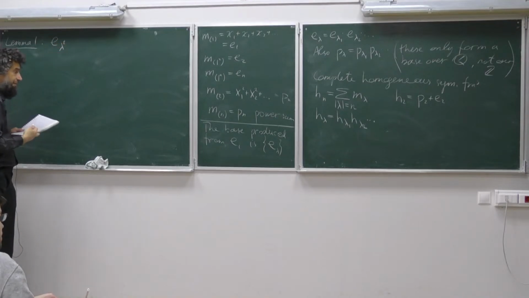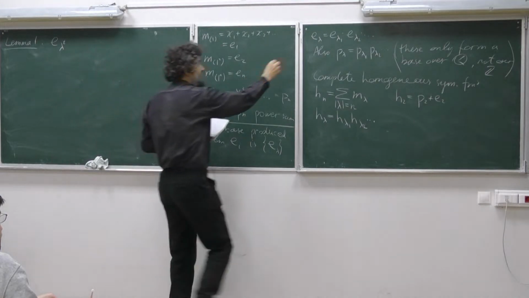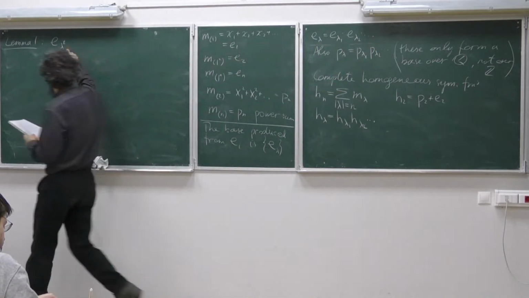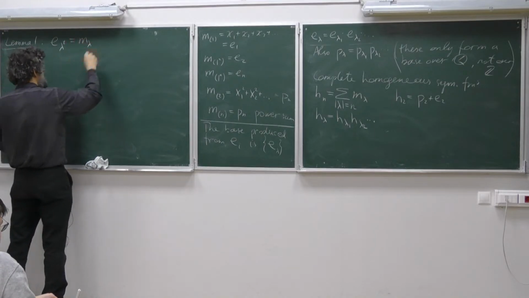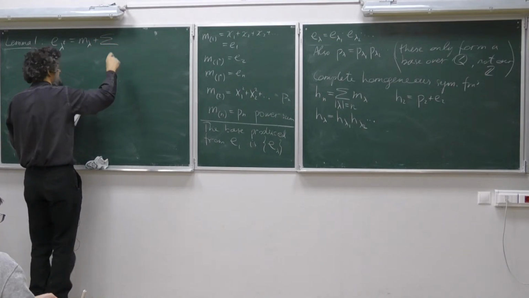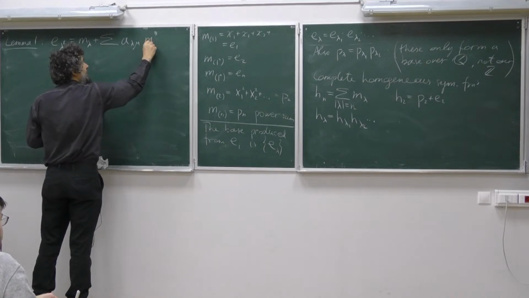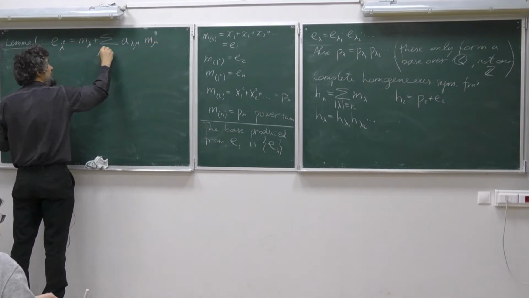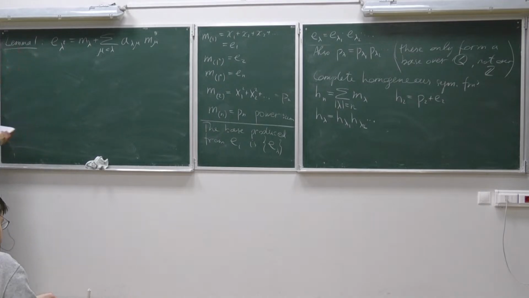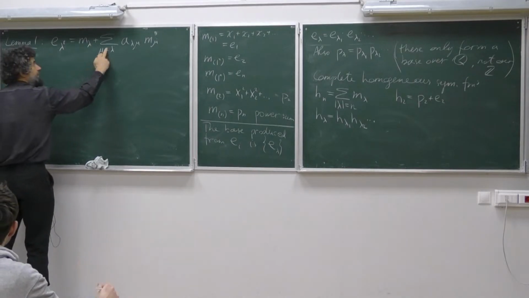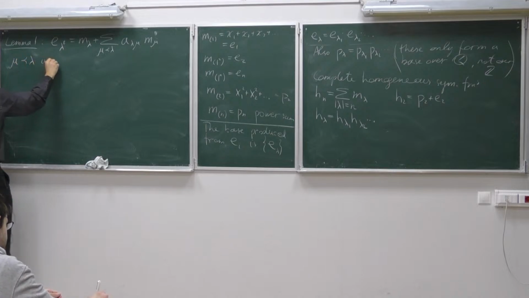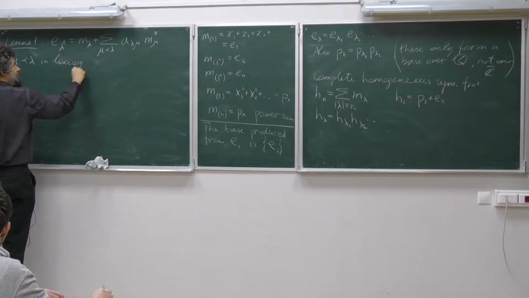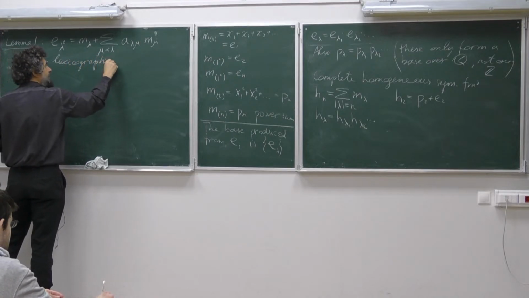That if we consider this guy, but for transposed partition, it will be equal to m lambda plus certain sum of a lambda mu and mu for mu less than lambda. In which sense? Or maybe I should write it this way. Mu less than lambda in lexicographical order,